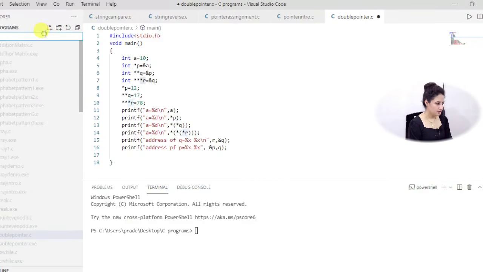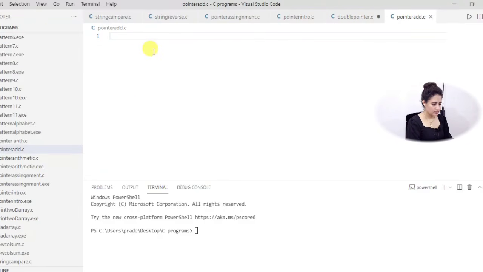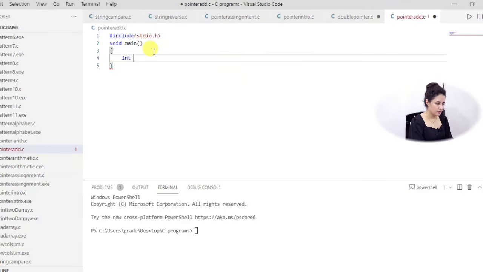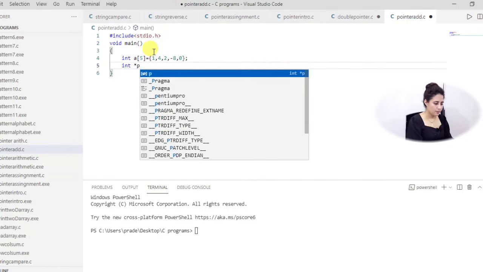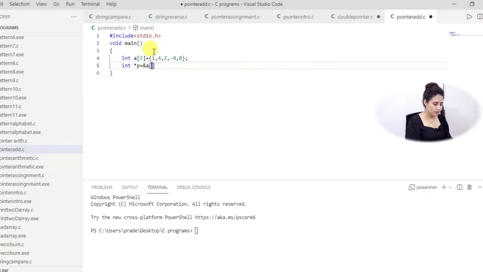So now let me create a file, pointer add.c, right? And here we are taking the main function, and directly I'm not taking any variable, I am taking the example of array a of 5, and here only I am initializing it 1, 4, 3, minus 8, 0, right? 5 elements we have taken in this array, and now I am taking a pointer star p, and I am initializing it with address of a of 0, right?